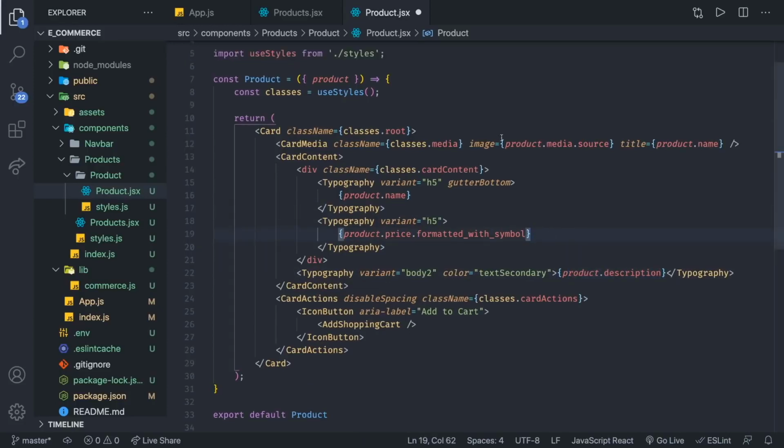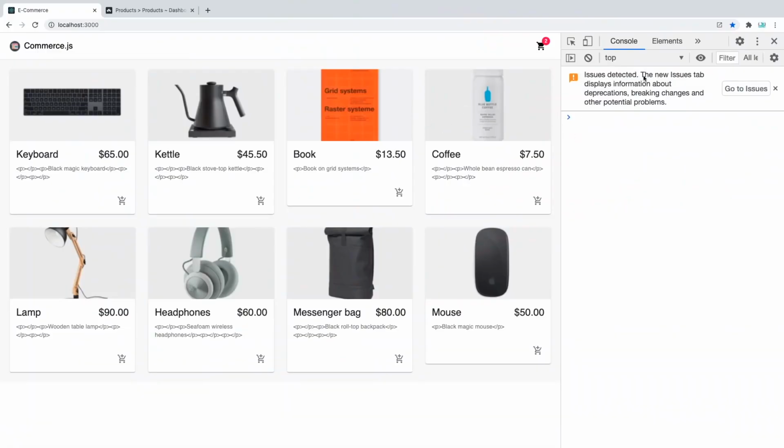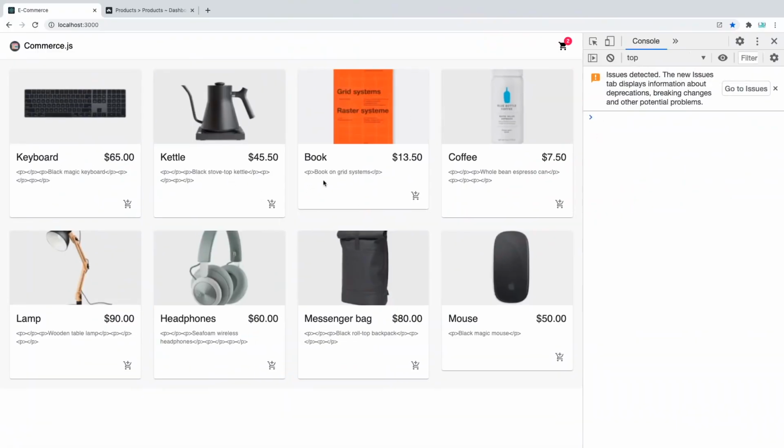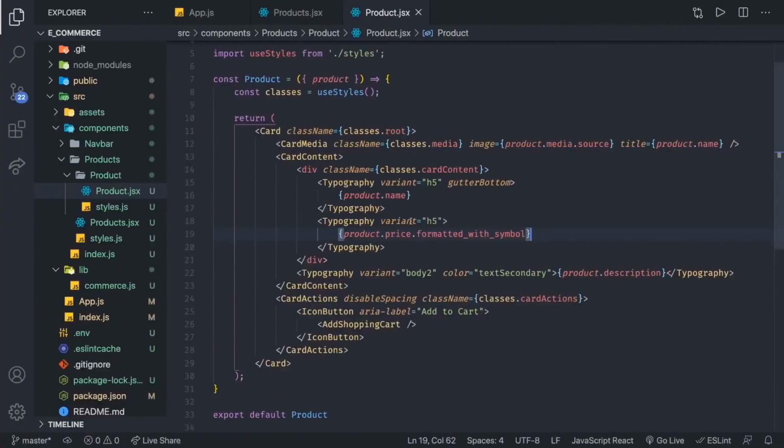So let's actually save it and see how that looks. There we go. As you can see, this already looks so much better. You can see in here we have some HTML tags. We don't want to have that. We just want to have a simple description. So how can we solve that? Well, we need to render that HTML as real HTML, instead of simply rendering the description as it is being returned, so we have to actually render these